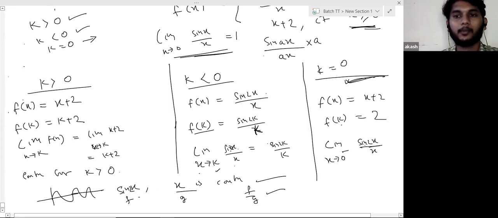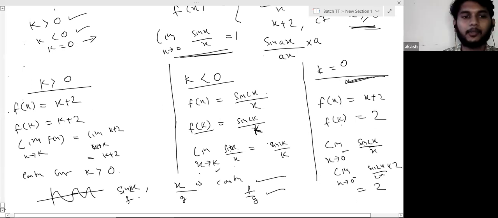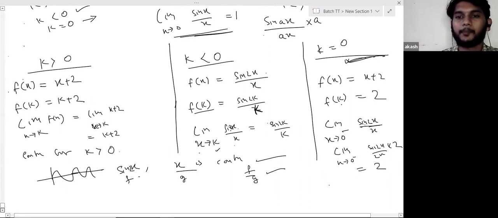So if you put it in, sin 2x by x gives sin 0 by 0, which is 0 by 0 form. Now you have to use the standard limit. So we can do limit x tending to 0 minus of sin 2x by 2x into 2. So the answer is 2. All right, Sahel, Kinza, Aman, Ryan, this is clear? Yes, sir. Clear. All right. Why did we do this? Because direct substitution was giving us 0 by 0.